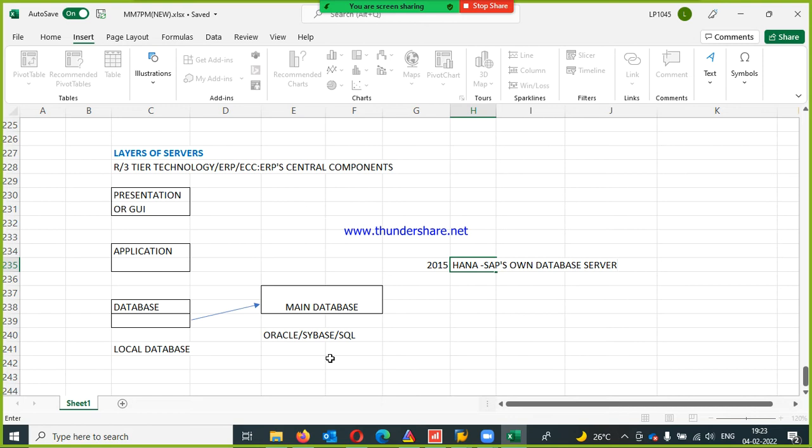SAP's own database server. So the concept of local database and main database is not there anymore, because we have only one database, called HANA. The database has changed, and the application has also changed. In ERP technology,